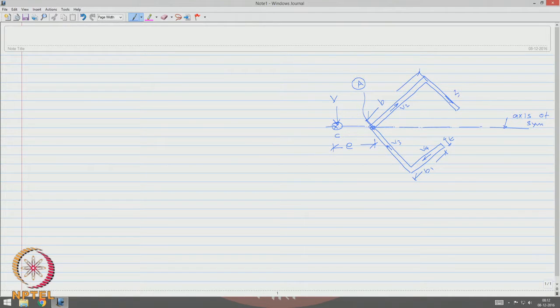To find V1, we took a section Z from here, and we derived that V1 is Vt B1 square by root 2 I into B by 2 minus B1 by 3,